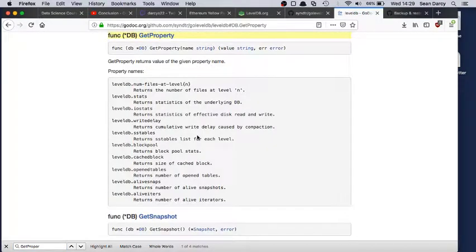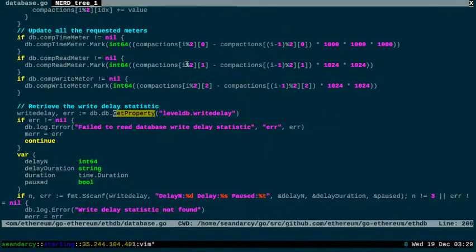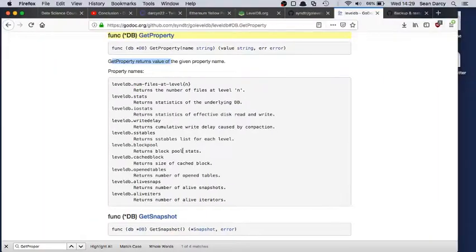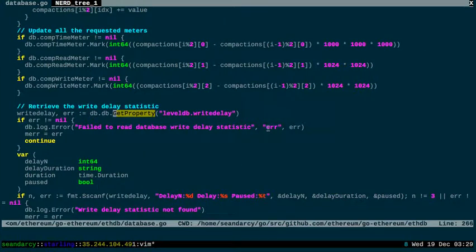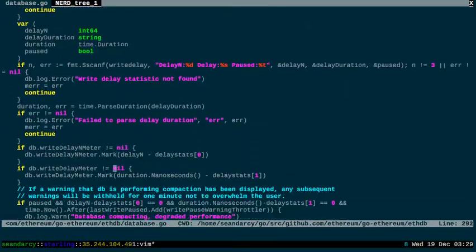And here it is. Get property returns the value of the given property name. Level database write delay: returns cumulative write delay caused by compaction. So this is all database optimization stuff,